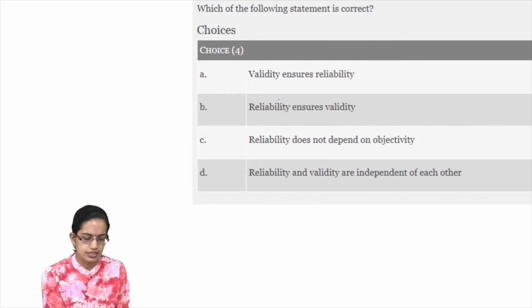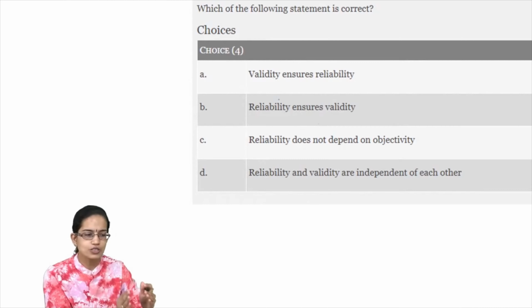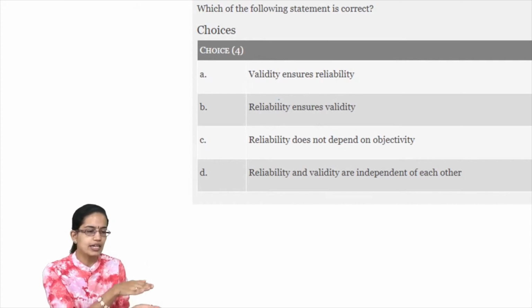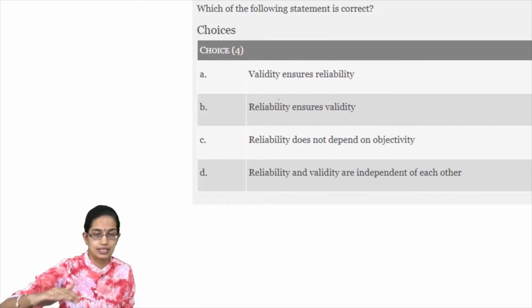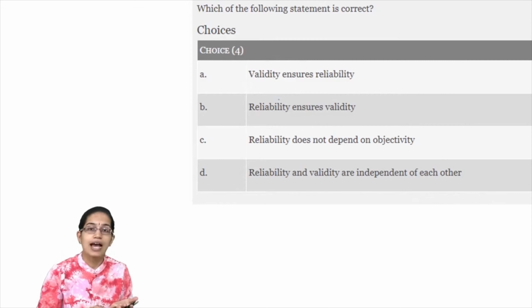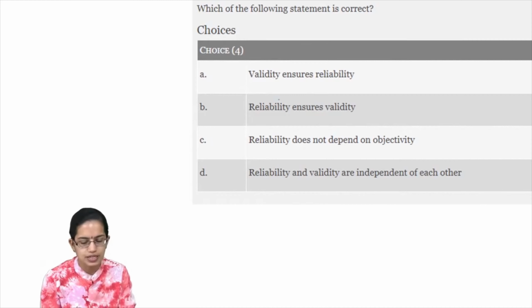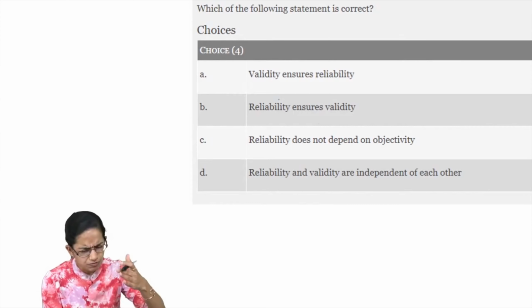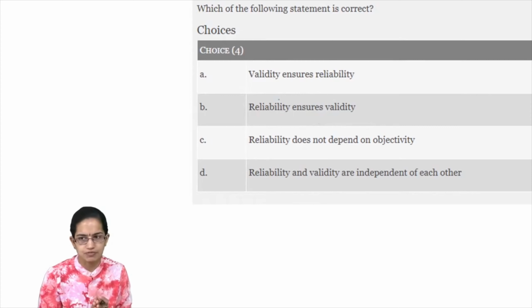And that's where we understand that for any scale to be valid and reliable, it is very, very important that you maintain the right consistency, which is the reliability. And therefore we say that a test cannot be valid until and unless it is reliable, or a test has to be reliable when we are trying to say it is valid. Okay, so that is a very, very important aspect that we need to understand.